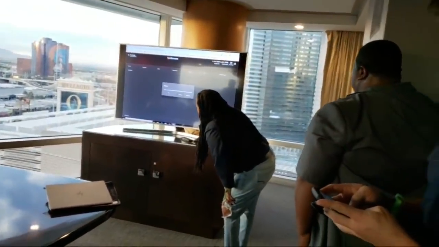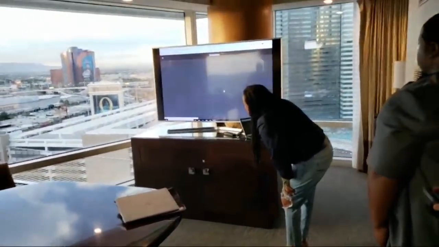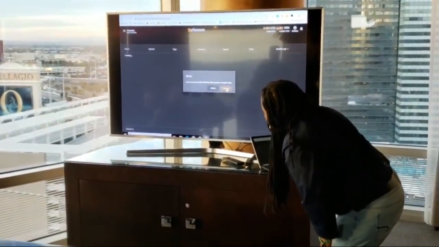The asset data. I was talking for a while, so I don't got